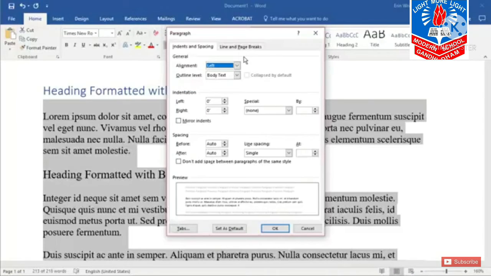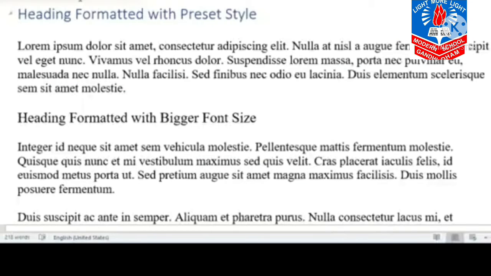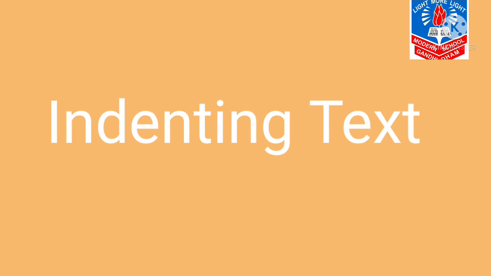Third step, the Paragraph dialog box is displayed on the screen. Click the Indent and Spacing tab. Go to the Spacing section in the dialog box and specify the required line spacing by clicking the drop down arrow and finally click OK option. Fourth, the selected text showing the specified line spacing is displayed on the screen.